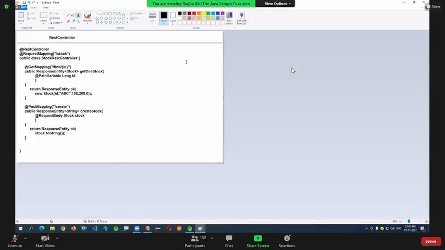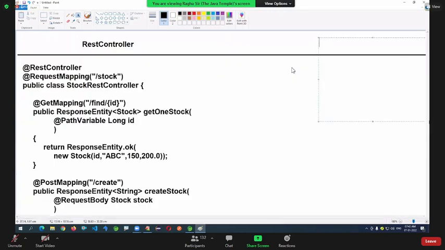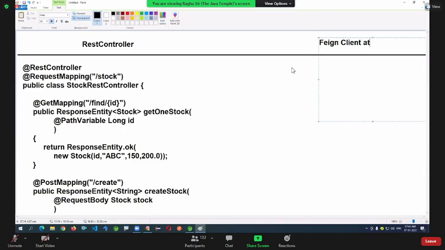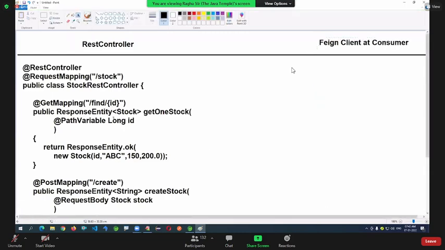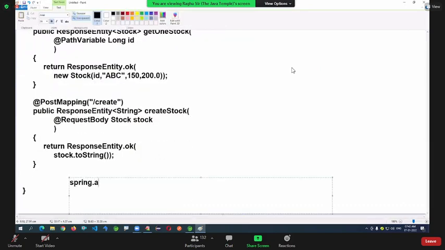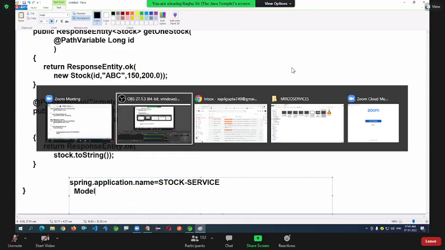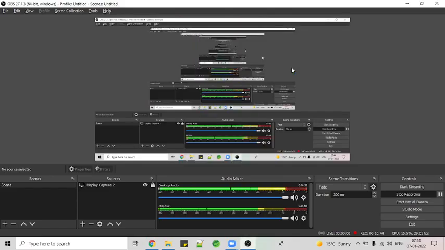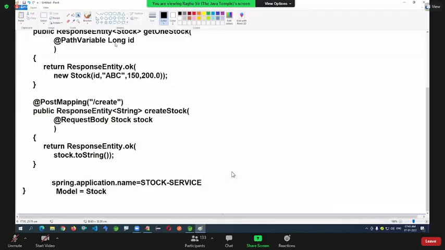Here I'm writing the Feign client at the consumer. Here, an additional assumption: spring.application.name is equal to stock-service. And second, we have one model, that is Stock. We have one model class also.